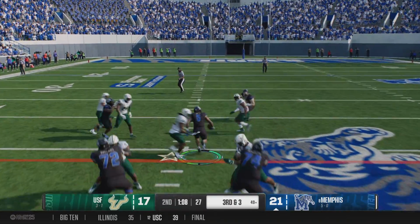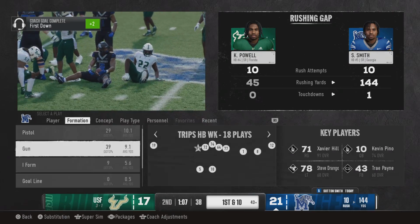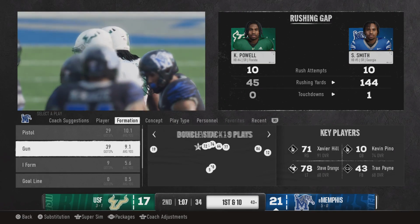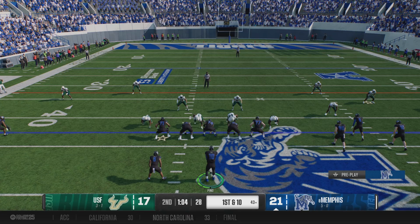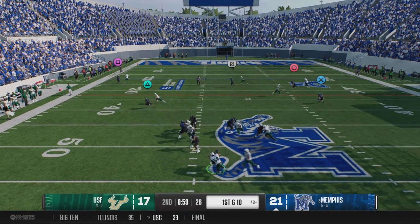On 3rd and short, they'll ride the running back here. That'll be enough for the first down as they stop him at the 43-yard line. This is one of the top 10 offenses in the nation in getting first downs. To do that, you gotta have balance. You can't always throw for it on 3rd down. You've got to be able to run it as well. And they've got a dude in the backfield who...